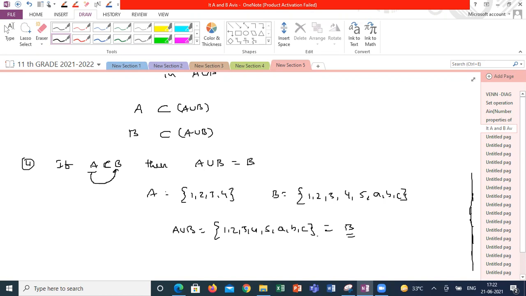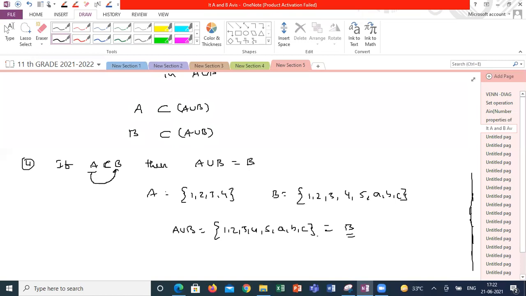What is the meaning of this? These principles and properties are useful whenever they are not giving any elements. Generally, certain numericals at a higher level discuss only these relations. They won't mention any particular set. They will give these laws and ask you to calculate, or to prove some other statement. There, these rules will be useful for us. Clear, guys?